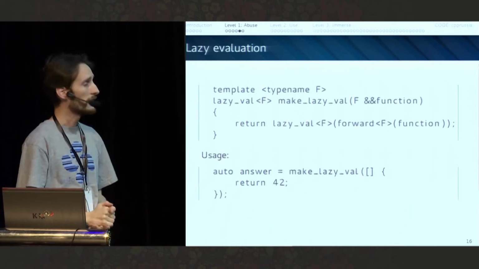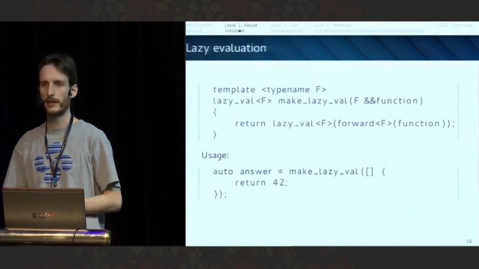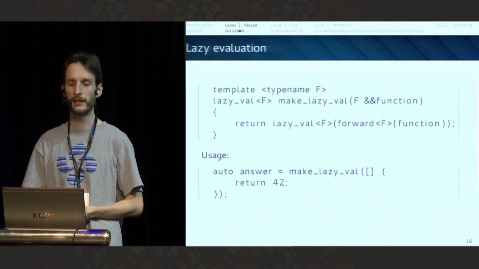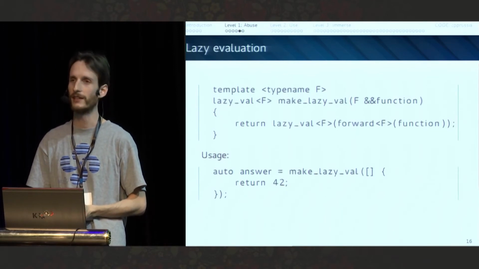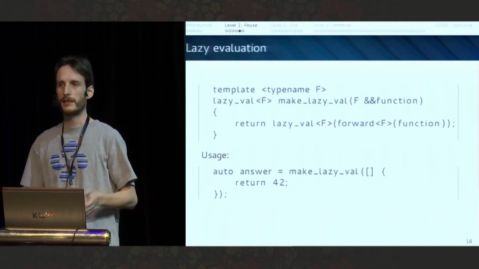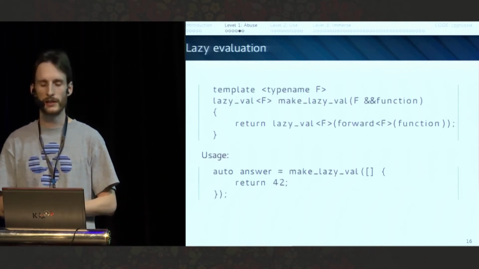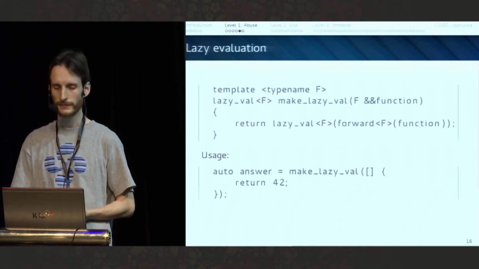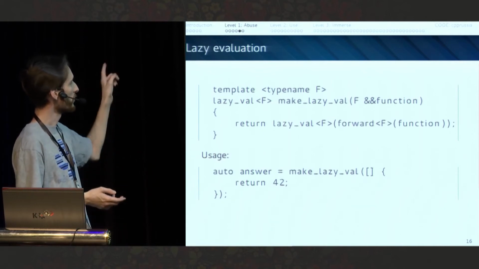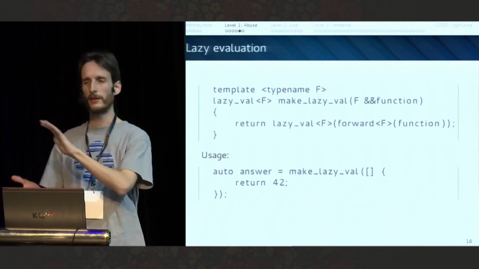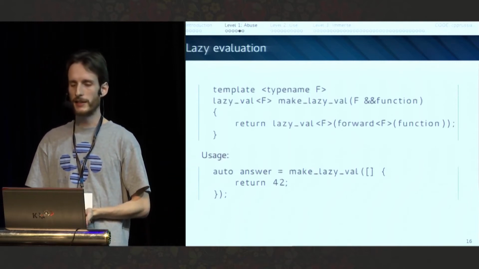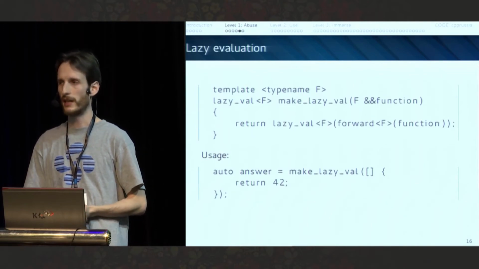Obviously, make lazyval would not be needed in C++17 for this class, but since barely any stable compiler supports all of this stuff at the moment, it's quite nice to write make functions until we get new compilers. So if we create a make function like this, we can write auto answer equals make lazyval of some lambda or another function or anything else. But this is not quite the same as we started with.